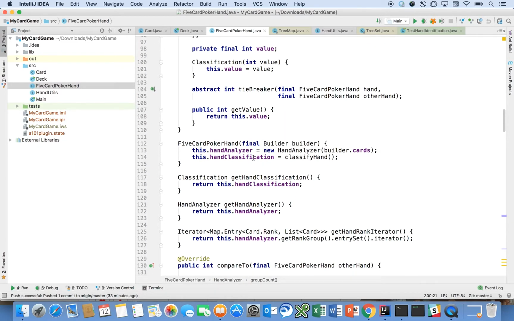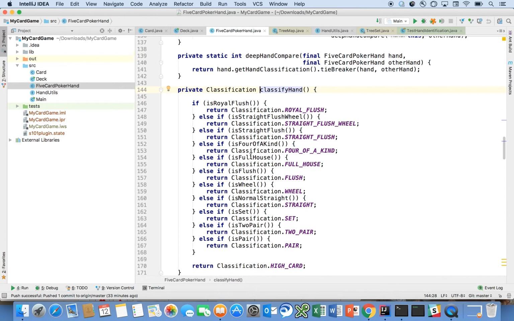We have the hand classification. Let's see how we classify hands. We come in here and we use this telescoping if-else structure, right? That also helps us really identify the hands. We go, do we have a royal flush? If not, then do we have a straight flush? And I actually separate out a straight flush that's a wheel, ace, 2, 3, 4, 5, from the other types of straight flushes. The reason I do that is because it reduces a lot of if-else logic